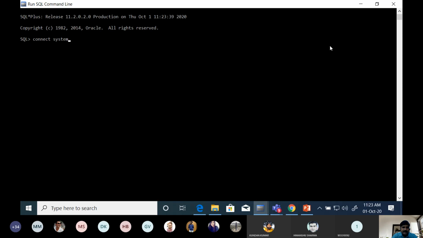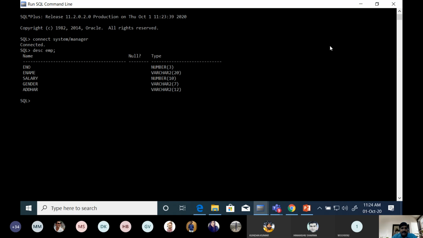Now I am going to connect with Oracle database. Connected. See here, the description of the employee table. There are e-number, e-name, salary, gender and Aadhaar.